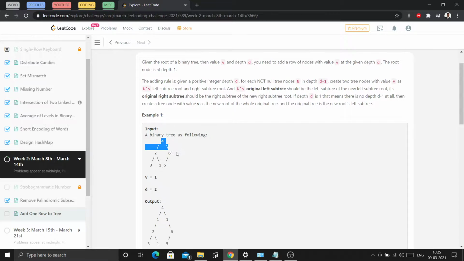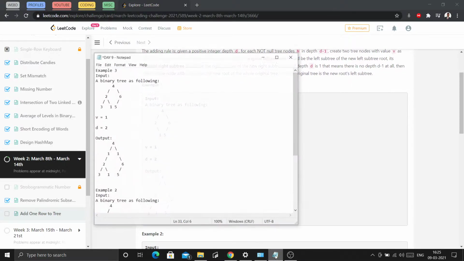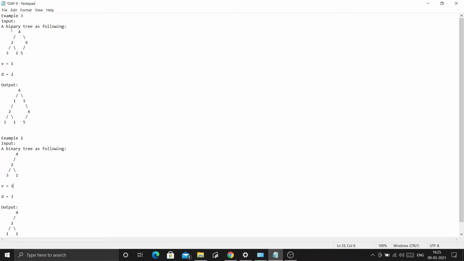Let's see with an example. Here the depth is given as d equals 2. This is depth 1 and this is depth 2. So we have to insert these values at this depth, and insert them such that the subtree on the left, 2 3 1, and the subtree on the right, 6 5, end up in their respective subtrees.